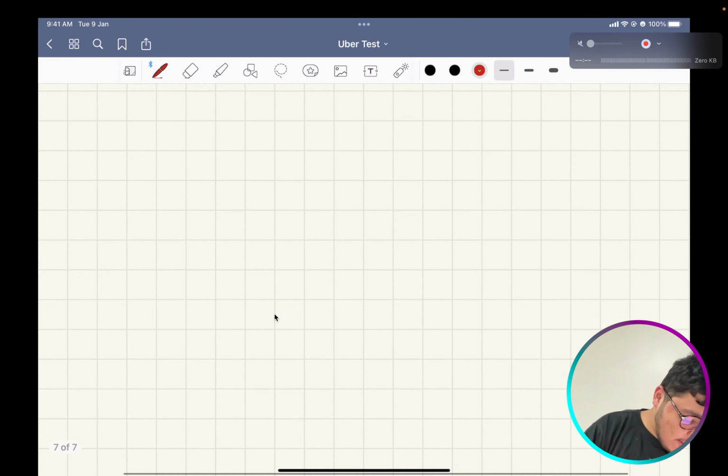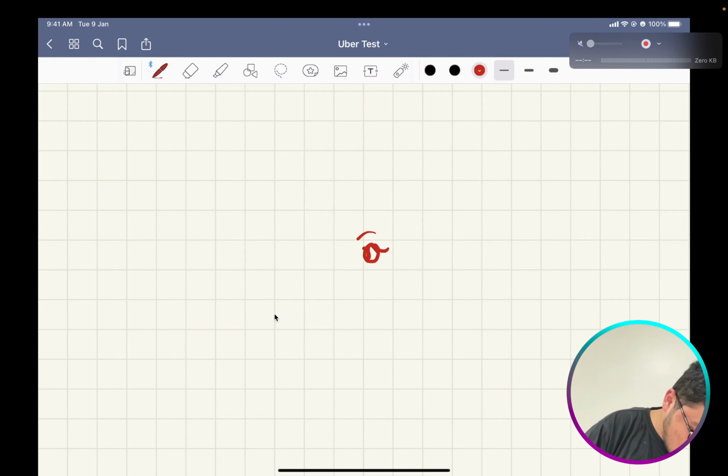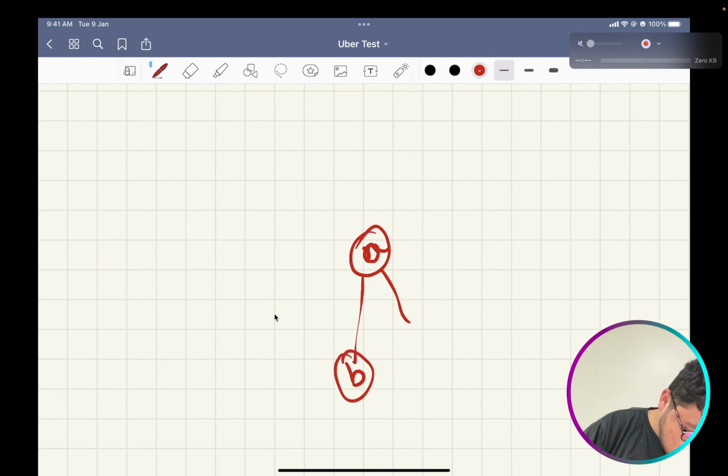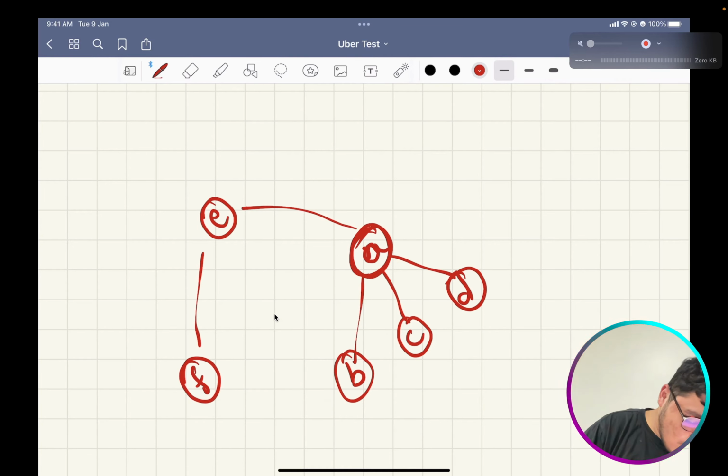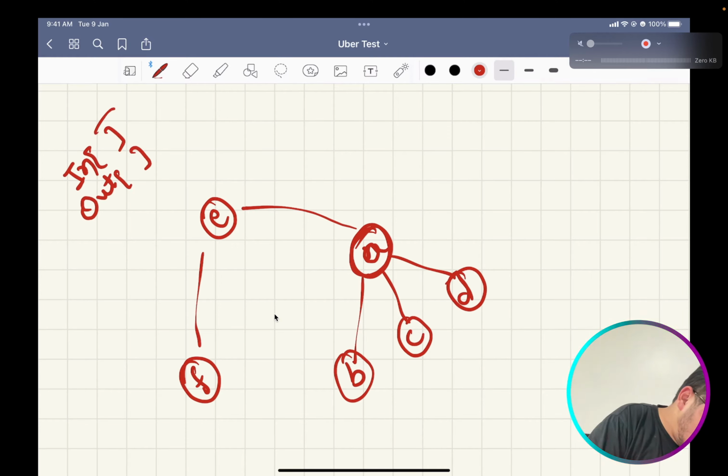So now let me tell you, let us say you have this node A, and these values C, D. I'm going to maintain an in and out for every particular node.